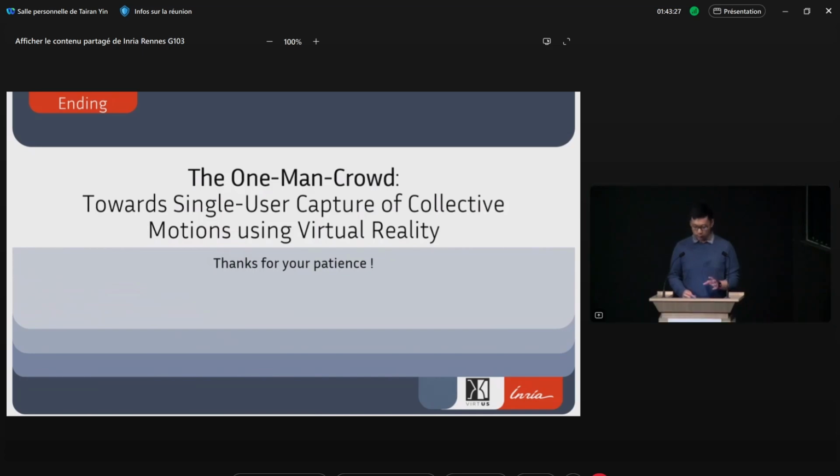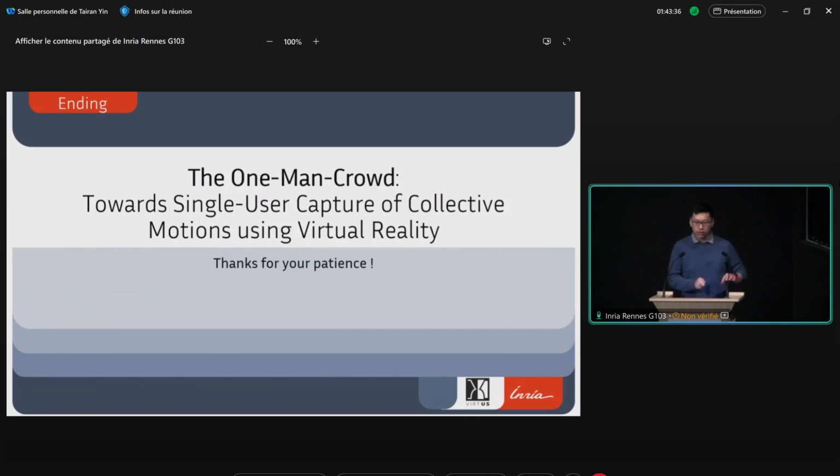Mm-hmm. In which sense? In the sense that the user, at the first time, we even showed the original trajectory in front of the user, but it was just so difficult for him to follow the trajectory. And the user, seeing all the people coming around him, would hesitate, would let the others go first, which creates a delay directly from the beginning, which makes it impossible to compare the trajectory at the end. So yes. Okay, that's great.